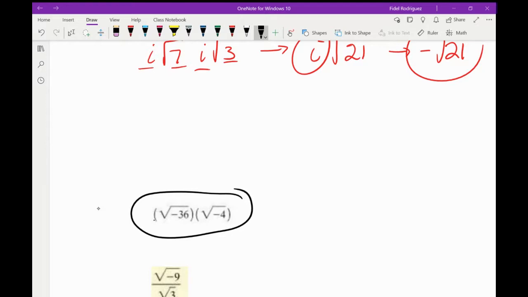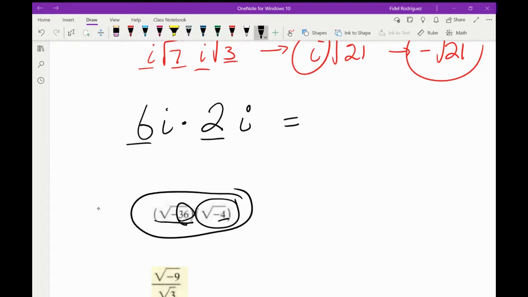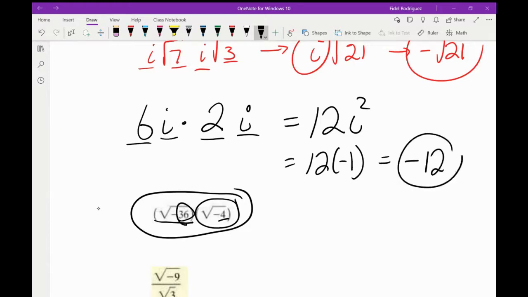All right, so we're going to do the same thing here. First thing I see is a negative, right? So I know the i is going to come out. Second thing I see is the square root of 36. Well, I know what the square root of 36 is, right? The square root of 36 is 6. And same thing for this part. I see a negative, so the first thing I'm going to do is take out an i. And the next thing I see is 4. Well, I know the square root of 4 is 2. So now we can go ahead and multiply. 6 times 2 is going to give us 12. i and i is going to give us i squared. And then remember, i squared is the same thing as negative 1. So this just makes this into a negative 12.